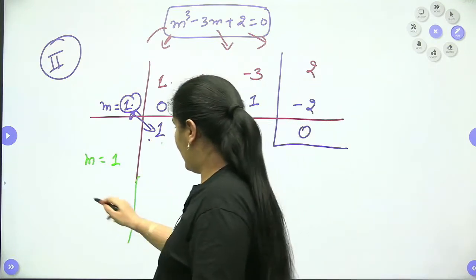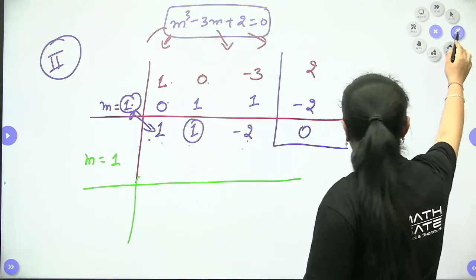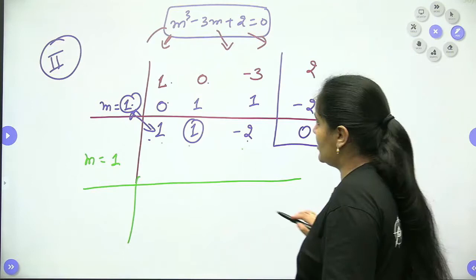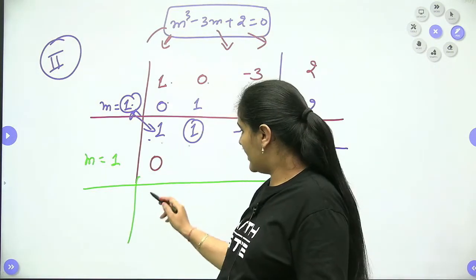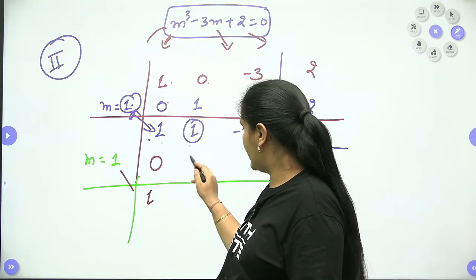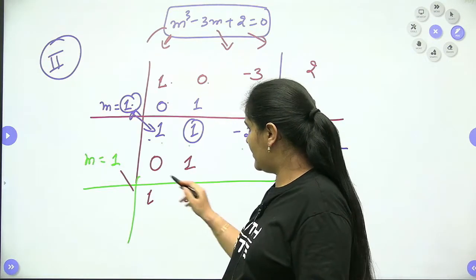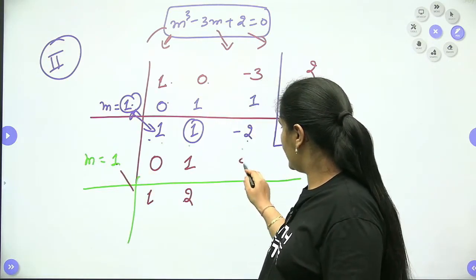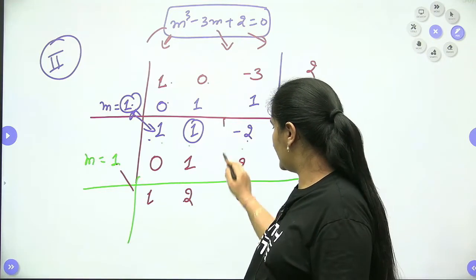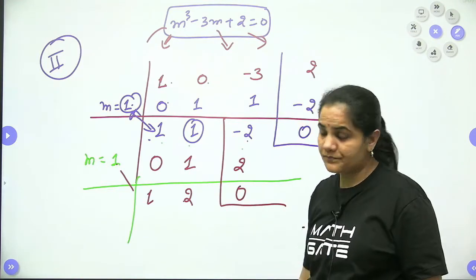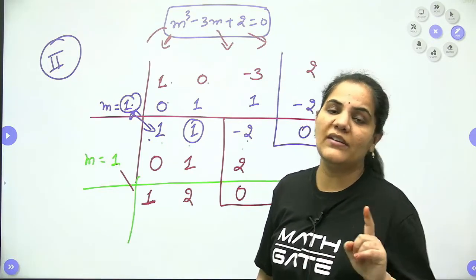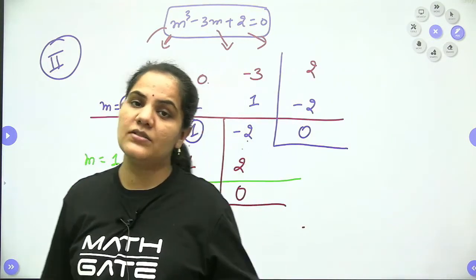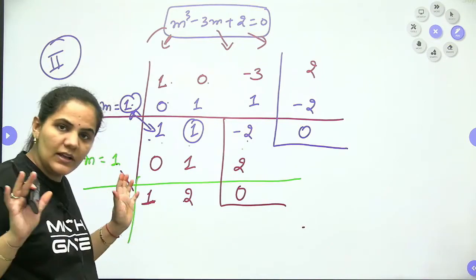Okay. Now let's approach with the same method. So what will be the result? Let me show you. Here we will write down 0 first as it is. 1 plus 0 will be 1, 1 into 1 will be 1, 1 plus 1 will be 2, 1 into 2 will be 2, minus 2 plus 2 will be 0, hence we can remove 0. Now look at the coefficients 1 and 2. Here we are not having the sum of the coefficients as 0, so we can leave it here only.